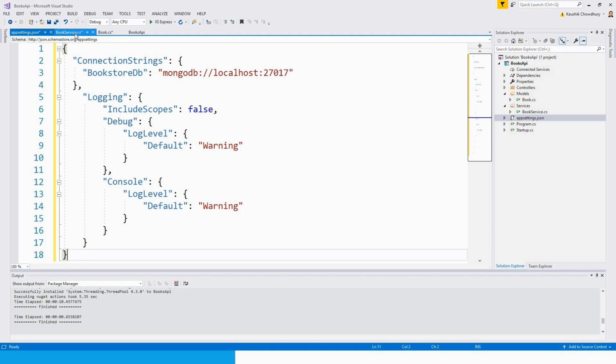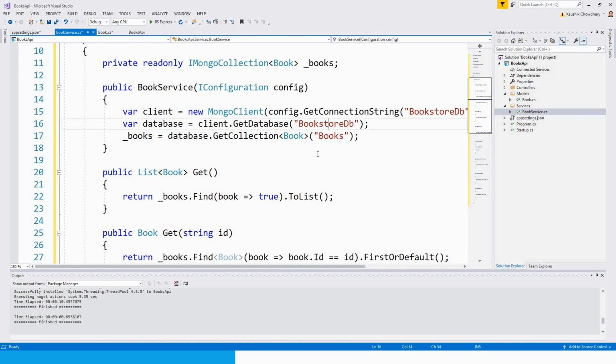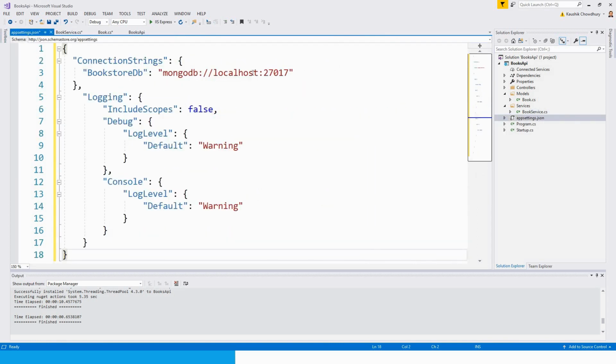So if you go to the book service, you can see the get database with the connections here. The client is new Mongo client, config is the appsettings.json file .get connection string bookstore DB. So this is the bookstore DB. This is what it is. Now next is